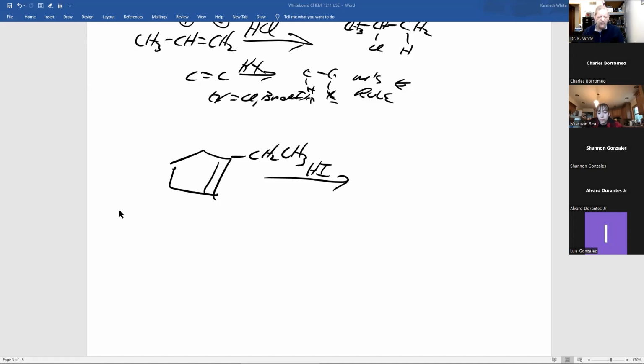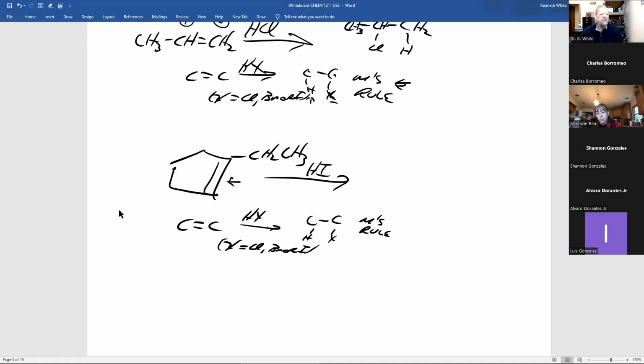All right, let's take a look at this. What's different? Ooh, a double bond. The rest of that is carbon, hydrogen, carbon-carbon single bonds. That's not where the action is. And we have HI, which we have a double bond reacting with HX. X can be chlorine, bromine, iodine. In this case, iodine. You break the pi bond. One carbon gets H, the other gets X, and it follows Markovnikov's rule.